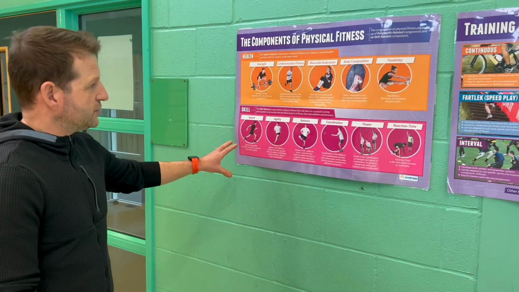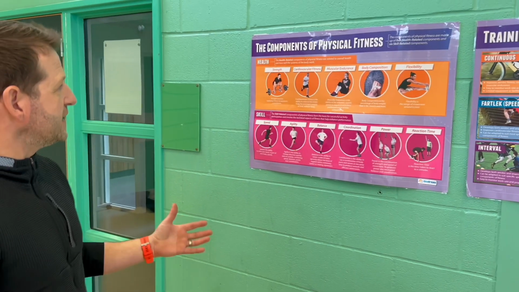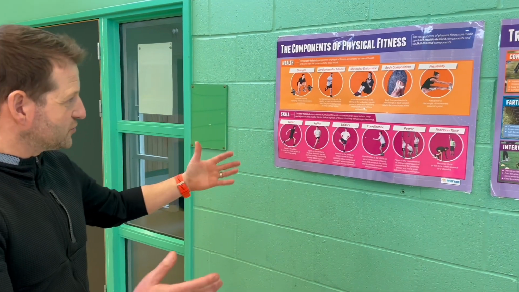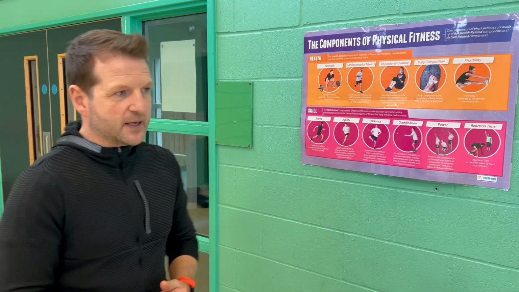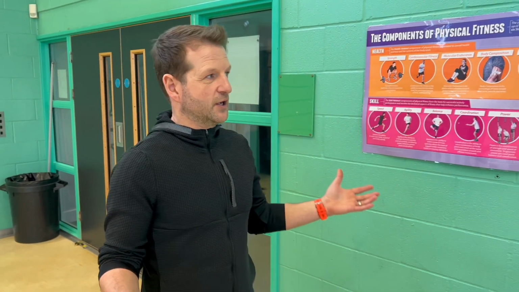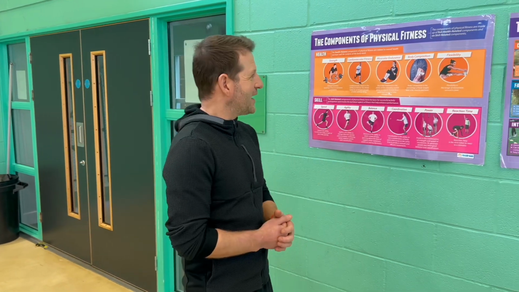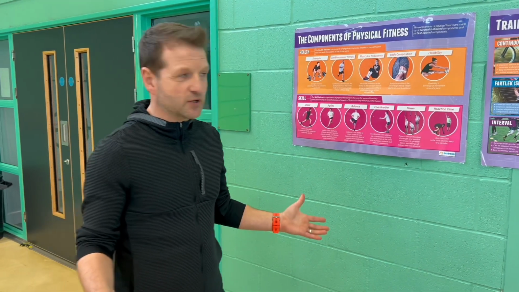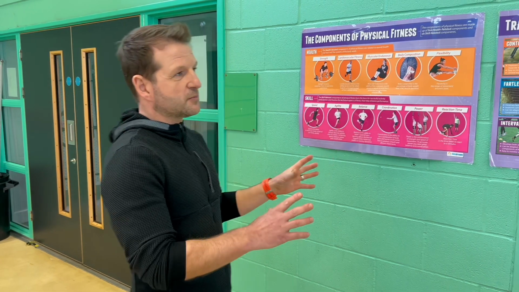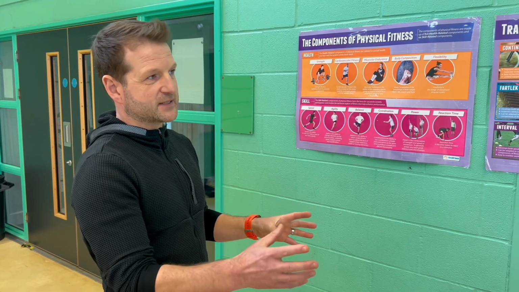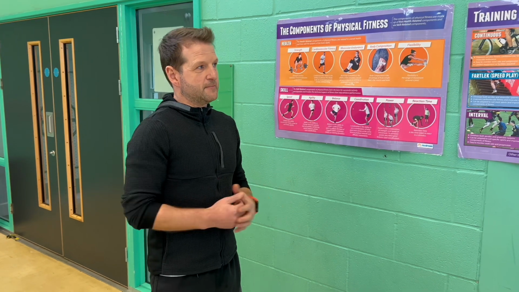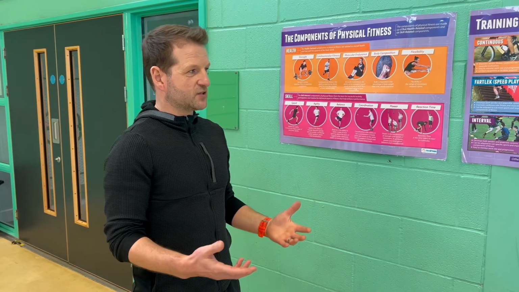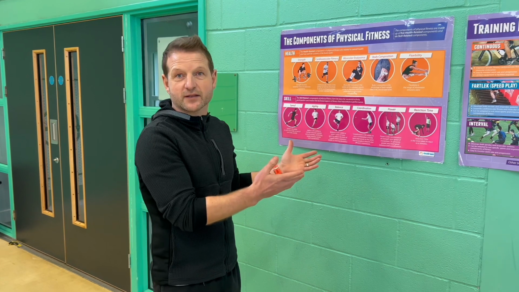And then we move on to component 2, which is all about the components of fitness, okay? I'm not going to go through them all now, but here you've got strength and cardiovascular fitness and endurance, and some more specific ones like agility, balance, and power and speed. And the top athletes in the world, you know, the Ronaldos or Messis, for example, have all of these, okay? And that's why they're so good. But you've got to think, you can be paid to be a physio, to work with these professional athletes, or a personal trainer or a coach. So we are giving you the knowledge and the foundation so that then you can support these top athletes, okay?